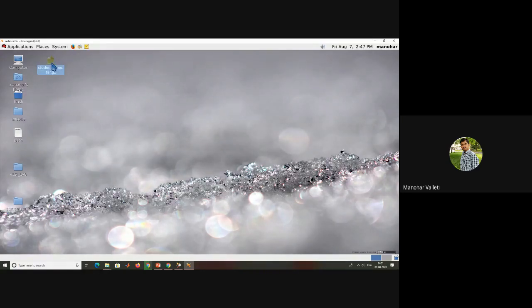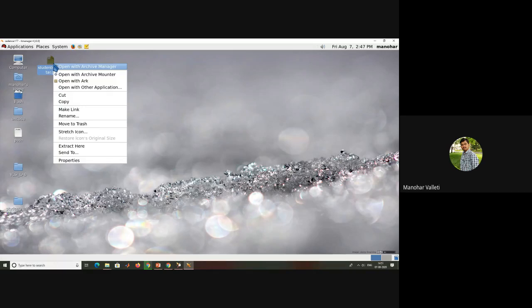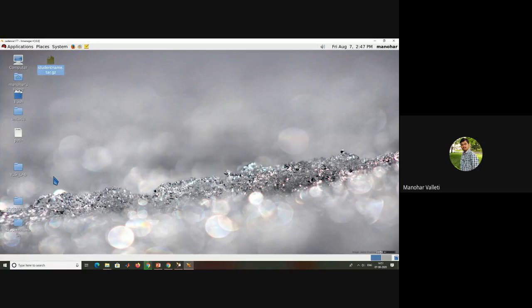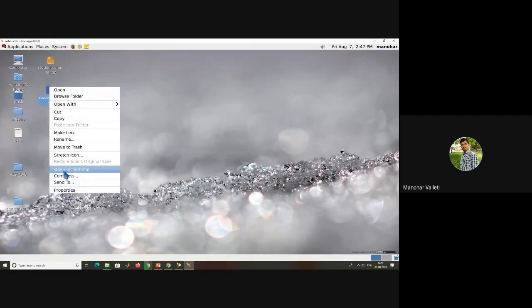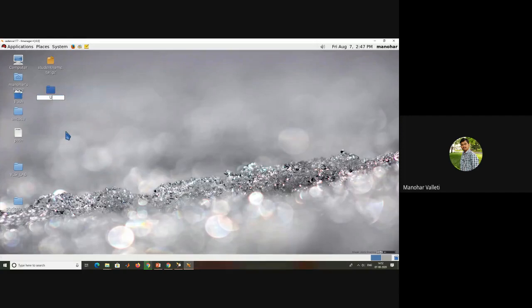You see in this, every Linux account will have a yellow folder like this, student name dot tar dot gz. So right click on this and extract here. So we created some folders. You just see here, a no name folder 2 came. I will rename it after I extract here. This folder I got from this tar.gz, I will rename with your USN. You need to rename it with your USN.